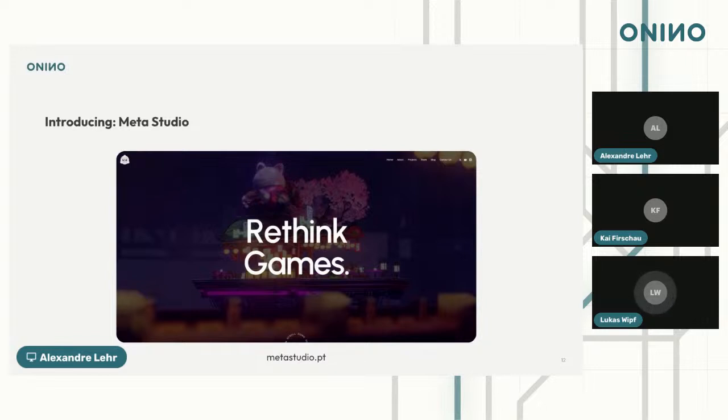The team behind Meta Studio is actually an award-winning team. They are a team of creatives, and they have shaped the entertainment industry for two decades already. The team was behind projects like Guild Wars or God of War, which some gamers in our community might know, and also movies like Transformers, Shrek, or Kung Fu Panda. So they definitely know what they are doing, and they are now taking all these learnings into Meta Studio and are bridging the gap between communities, Web3 projects, and Web3 ideas, and also combining that with a central hub, which is the gaming hub.